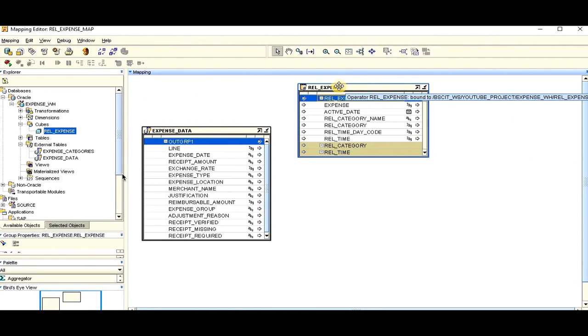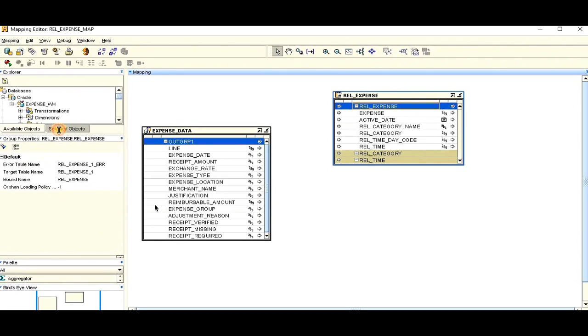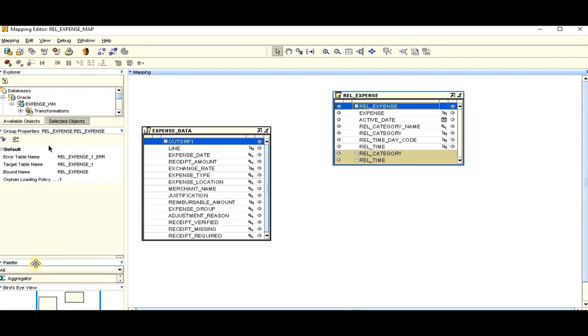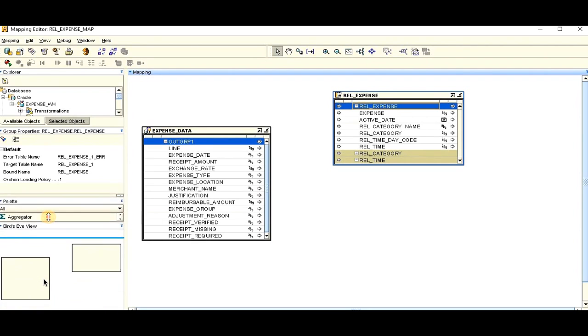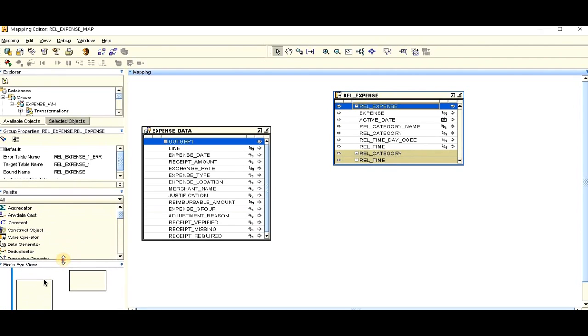You can just increase the size of our canvas to view it properly. Then expand this particular part here. As you can see, from the palette we are going to add expressions here. So just expand this palette as I'm doing. Here you go. So expand this palette, and under that palette just find expressions, as you can see, and